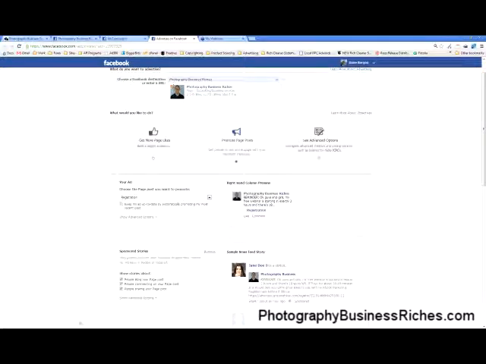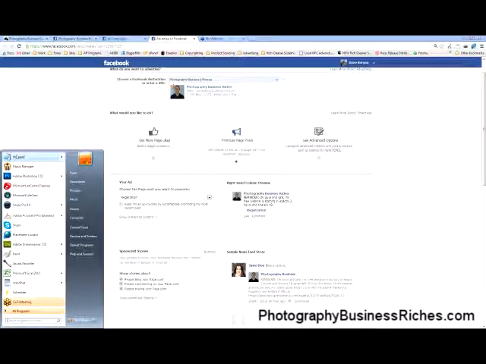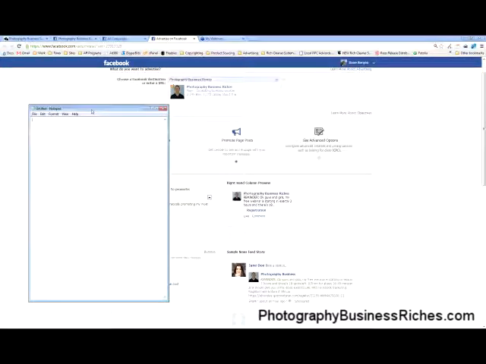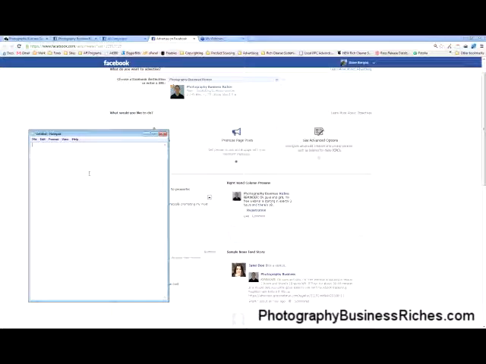I'll open Notepad so I can type a little bit of stuff on the screen for you. So CPM stands for cost per 1,000. M is the Roman numeral for 1,000, and it means that you will pay Facebook a certain amount of money for every 1,000 views of your ad,